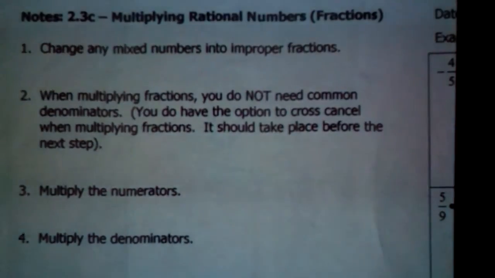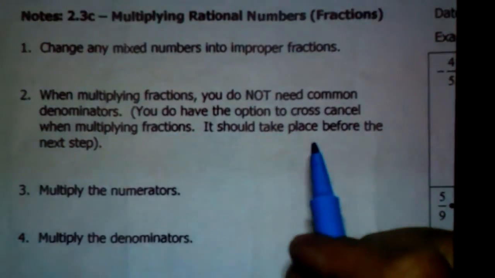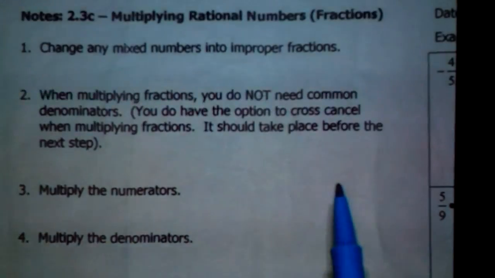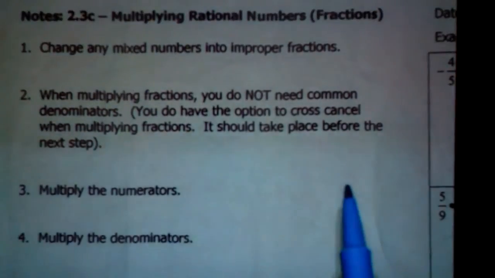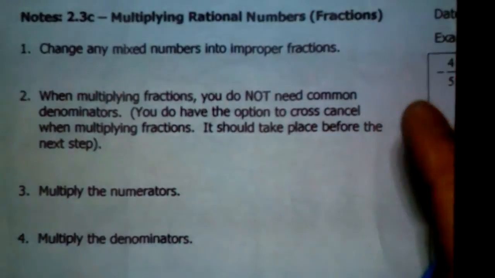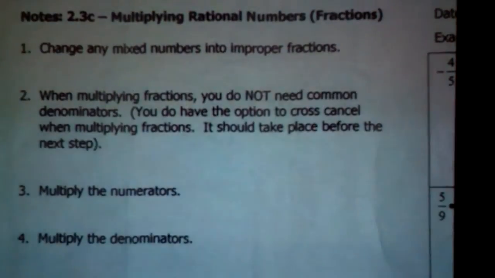Welcome to section 2.3C. Yes, the third part of section 2.3. Now we're going to multiply rational numbers that are in the form of fractions. Fractions stand for fun and favorite. Okay, so step one here, we are multiplying, so that's good news because you don't need a common denominator